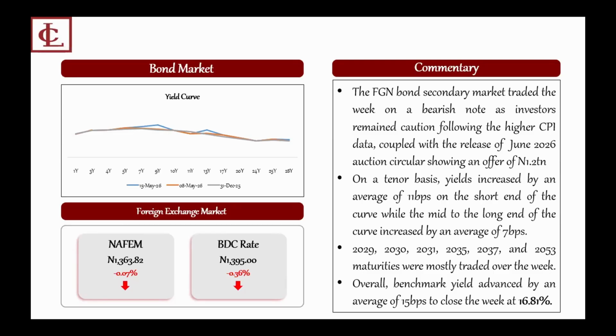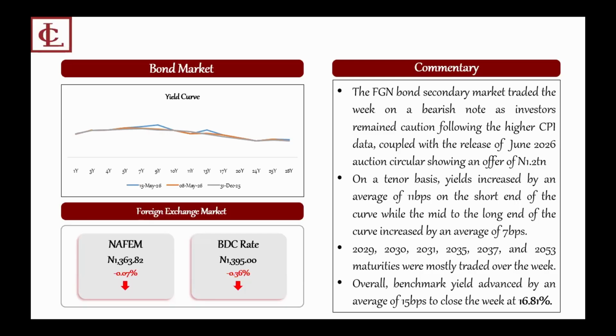Trading activity during the week was concentrated in benchmark 2029, 2030, 2031, 2035, 2037, and 2053 maturities as investors sought to rebalance portfolios, thus attracting bulk market activities across the curve. Overall, the market closed weaker on a week-on-week basis, with the average benchmark yields advancing by 15 basis points to settle at